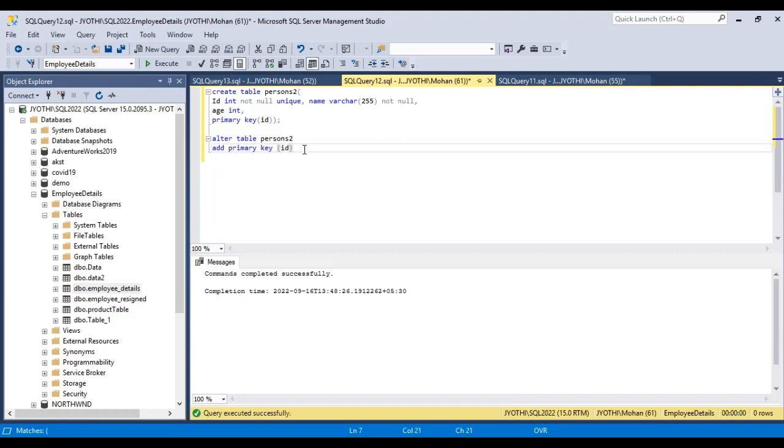So this is how we use the alter statement when the table is already created. We can drop the primary key using the drop statement. So this is all about the primary key constraint in SQL.